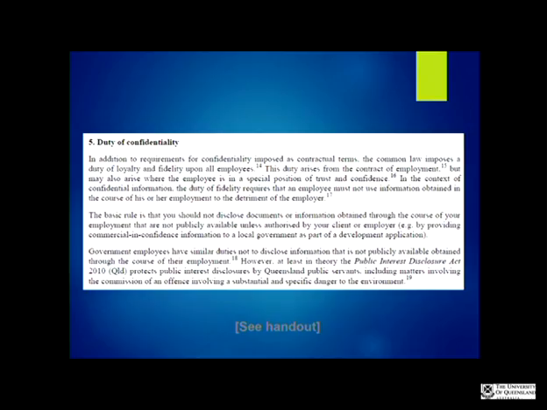And if it turns out that the thing you're talking about is not considered to be a substantial and specific danger to the community, then you've lost that protection and you'll be prosecuted. And it can be a criminal offence if you're a government employee, or it can be a civil offence, so it would be breach of contract, and it would be financial damages if you're working for a private company. The other thing it doesn't do is protect you from losing your job. It doesn't protect you from